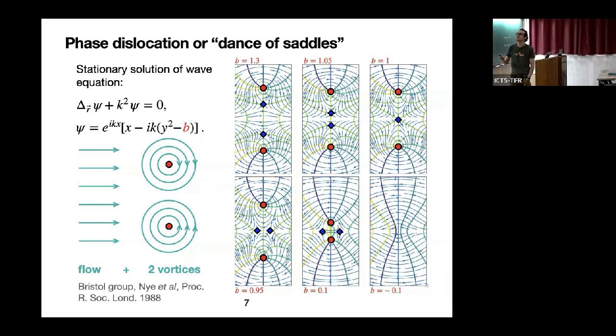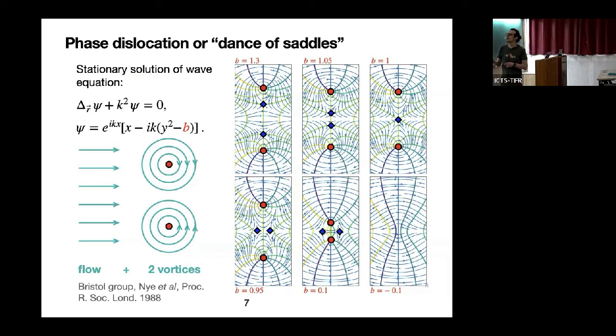So they found this solution. When B is very large, you can really see it as just the superposition of the two solutions I showed before, except that now you have one vortex in the trigonometric direction and one in the clockwise direction. So when B is large, they are separated, they are not interacting, if you want. And as you decrease B,